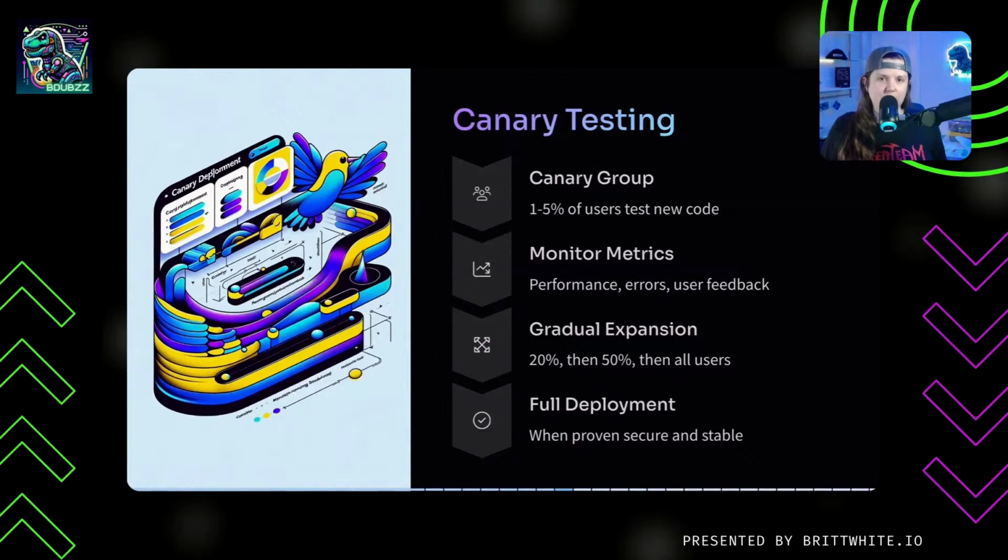We begin with a canary group. This is a tiny subset of users, usually about 1 to 5% of your total user base. These users serve as your early warning system. For example, Facebook caught a critical authentication bug during a canary deployment in 2021, preventing what could have been a major security incident. While these users interact with the new version, we monitor 3 key metrics: performance, how fast is